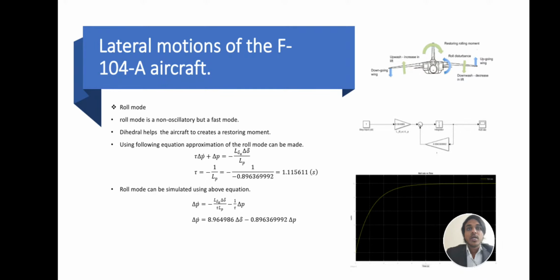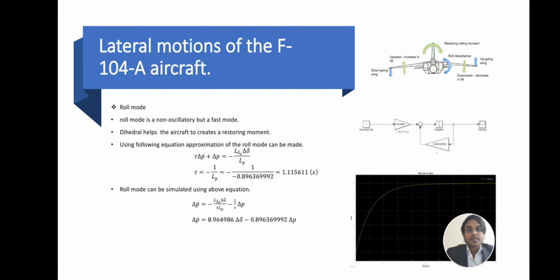The non-oscillatory, highly damped mode, which has a large real root for the linearized lateral equation, is called the roll mode. Roll mode occurs when an aircraft is disturbed by a rolling moment. A large angle of attack will be experienced by the downgoing wing due to the upwash, and a smaller angle of attack will be experienced by the upgoing wing due to the downwash, hence generating more lift force than the